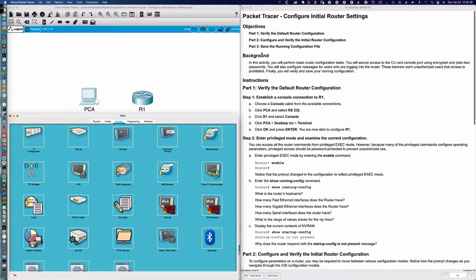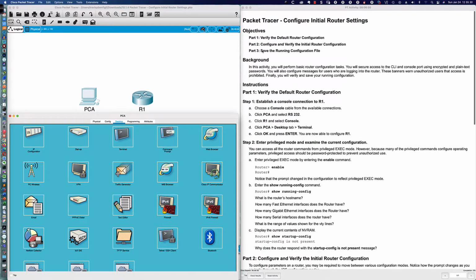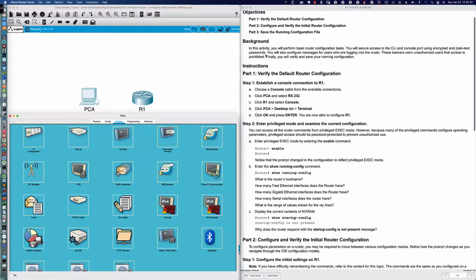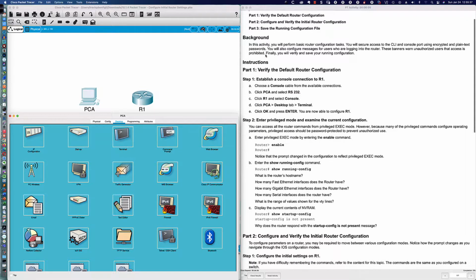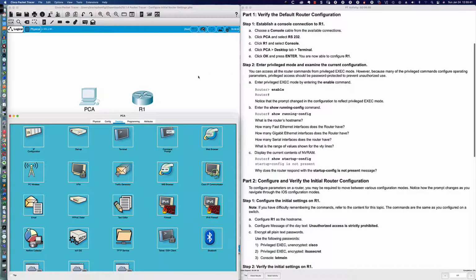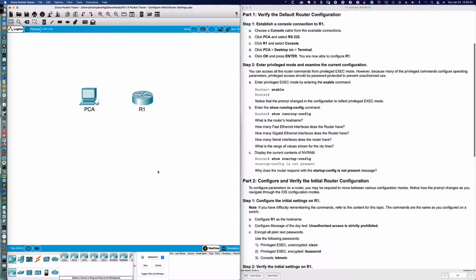Now, we've got our objectives here. You can see there's no addressing table because we're simply going to be connecting with a console cable and then applying some basic configuration commands to the router. So the first thing we're going to do is establish that console connection to router 1